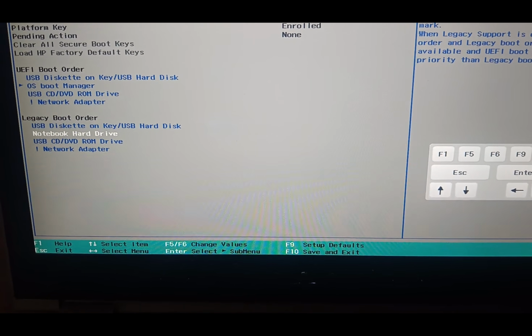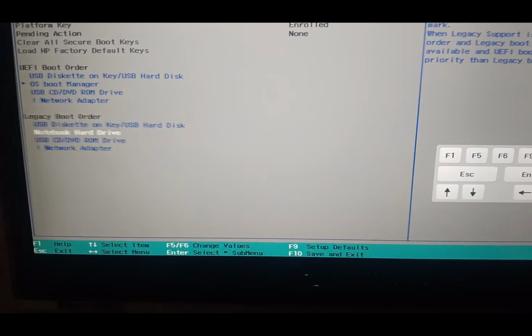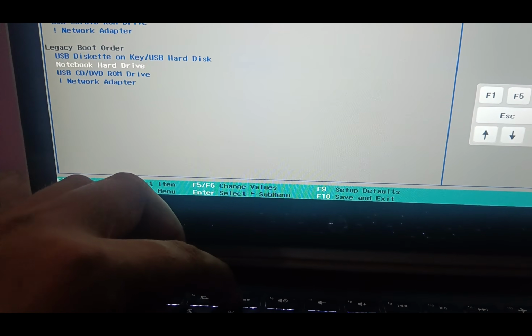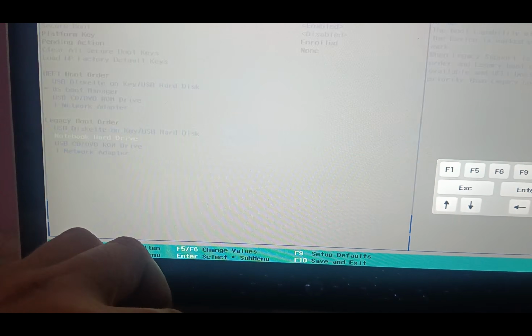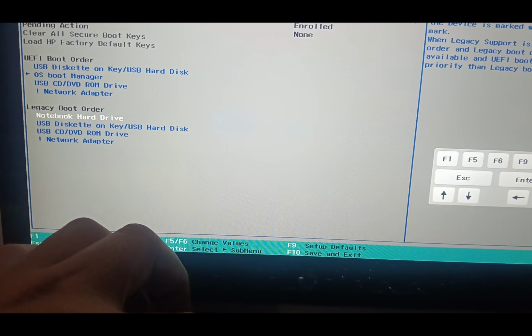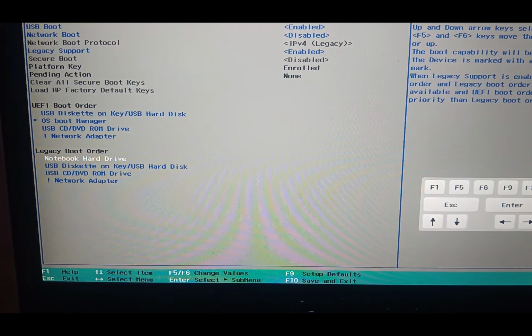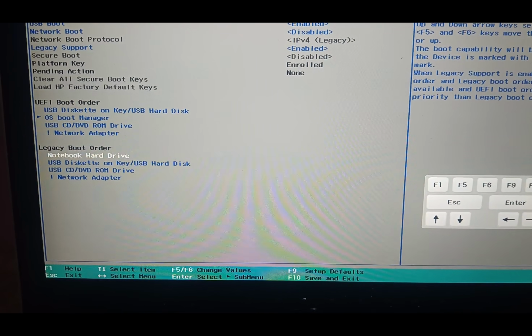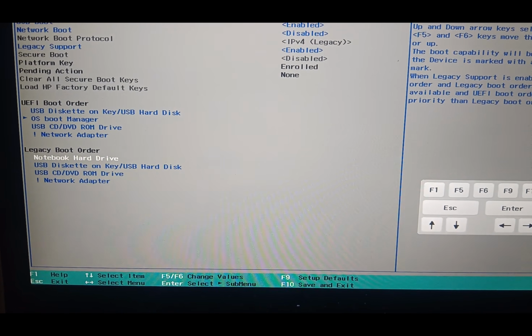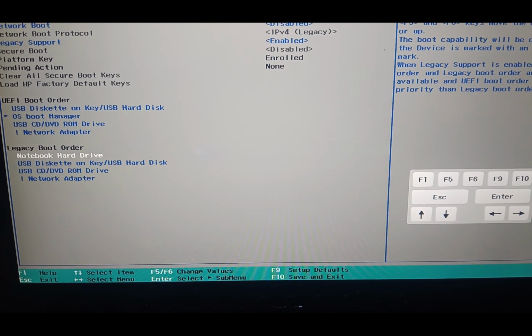So I will select the notebook hard drive on the top with F5. It goes down with F5 and up with F6. You can see here that Legacy Boot is now selected successfully. And if you have selected the UEFI boot order here, make sure you select the same,